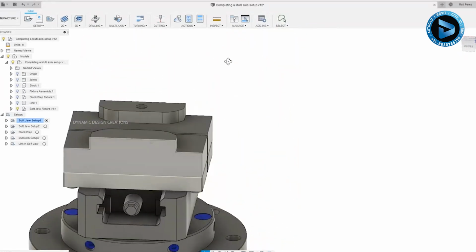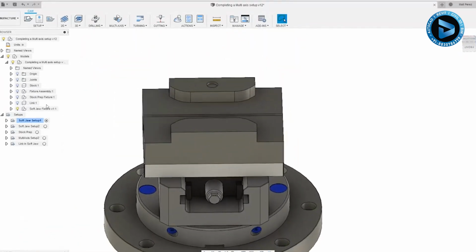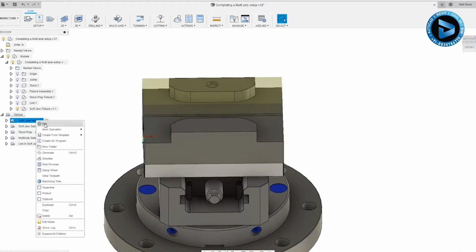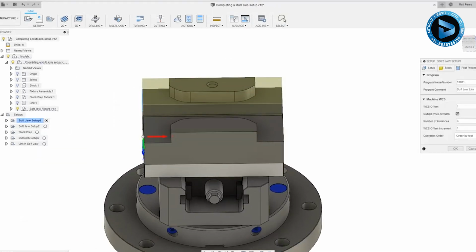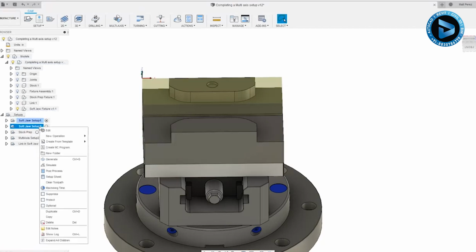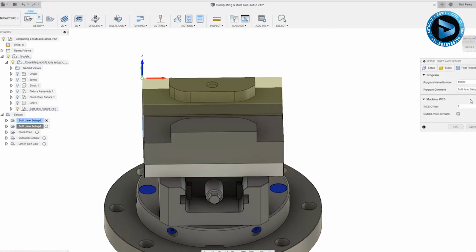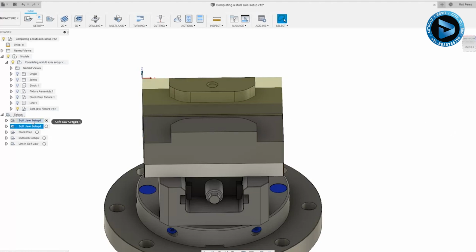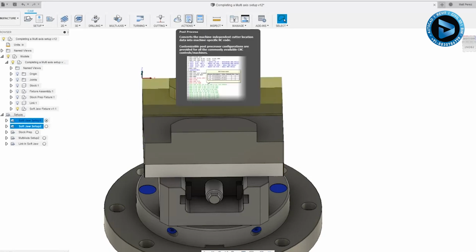I'm going to rotate this around. And then I'm going to take a look at SoftJaw Setup 1 and edit, because last time we came in and used multiple WCS offsets. So we're going to reset this to WCS 1. And then for the second setup, we're going to make sure that this is set up as WCS 2. So this means if we posted both of these at the same time, that we would see G54 and G55